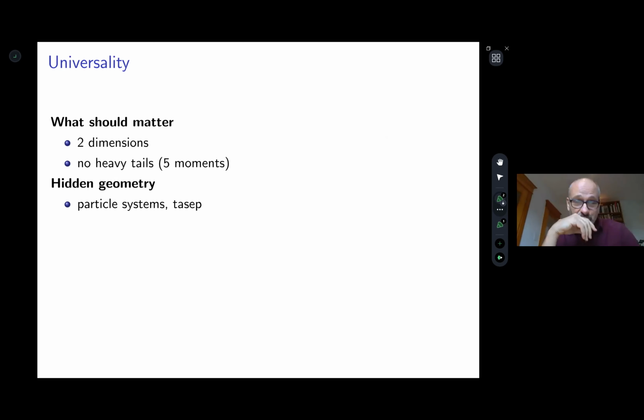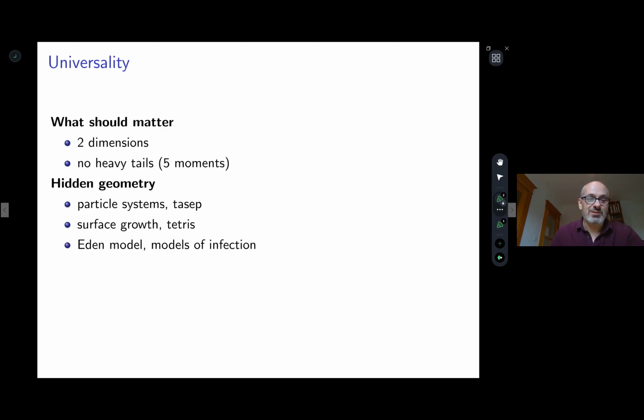So that's a model that was introduced by biologists. I'll talk more about it, and it's essentially equivalent to random geometry. Something we're familiar with is Tetris, stuff falling from the sky and forming kind of an interface. How the interface grows, if you do Tetris without actually playing it, just watching it, should also be in this world. There's the Eden model, where you think about some kind of